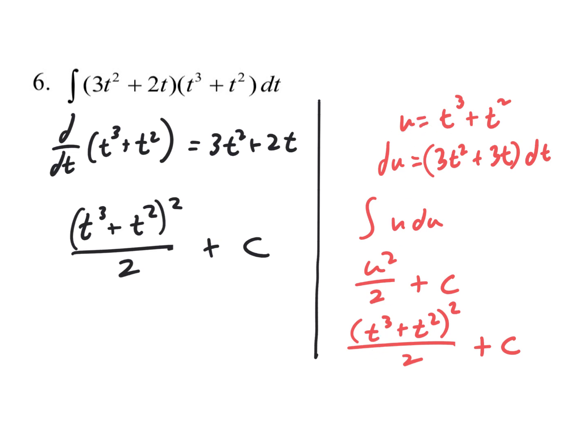Right? But the situation where you don't have to use u-substitution, where there's a lot going on in the problem, is when the inside function, this derivative, is already there. The inside function here is t to the third plus t squared. This is the inside function. The derivative of it is sitting right there, which is how I know that I don't have to use u-substitution. If you don't want to go through the hassle of doing that analysis, then don't. Just go straight to u-substitution. You'll still get the same thing. Okay? All right, next one,